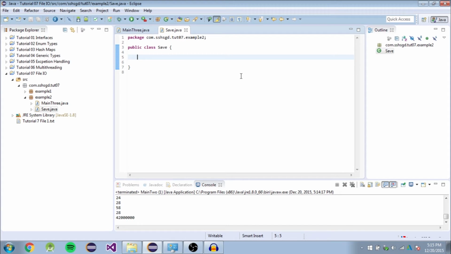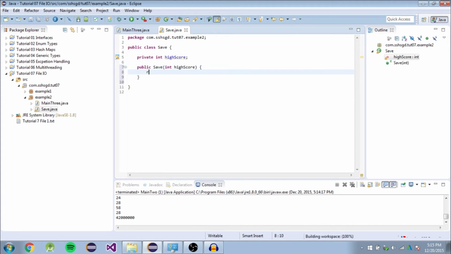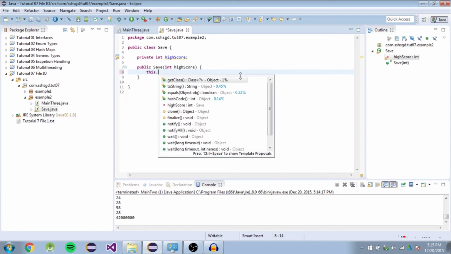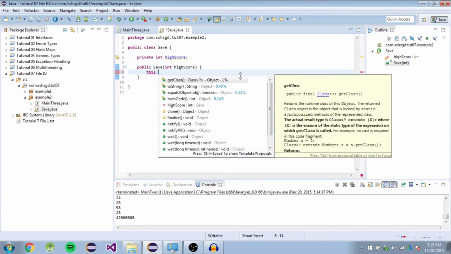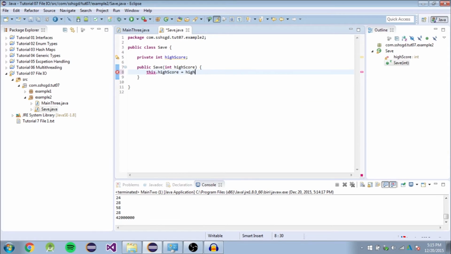So let's go ahead and make a private. We're just going to say one thing: private int highScore. Let's make a constructor for that. So public Save(int highScore), this.highScore equals highScore. And then we're going to also make another constructor that takes in a save object and